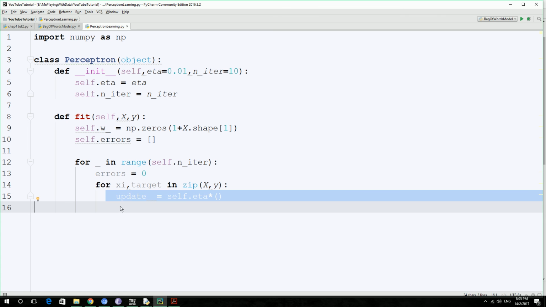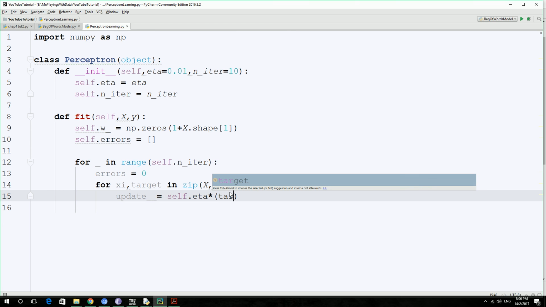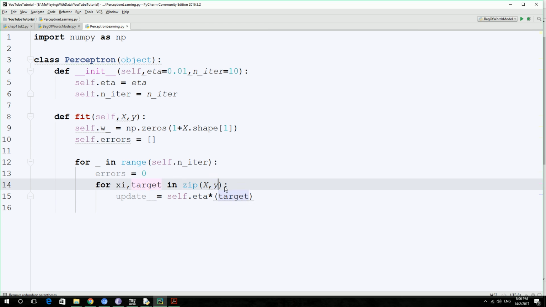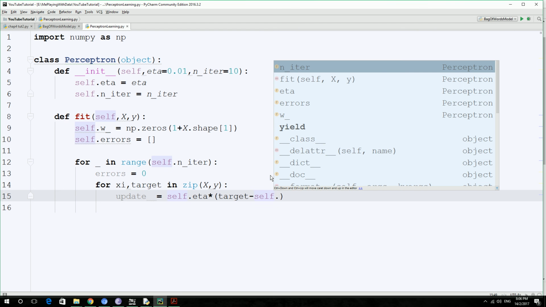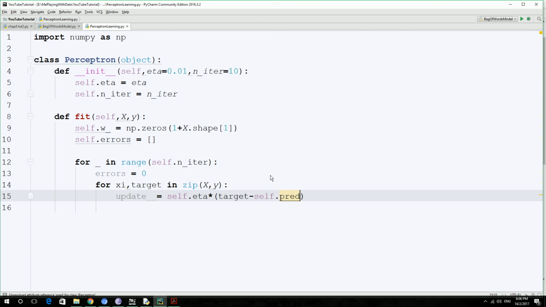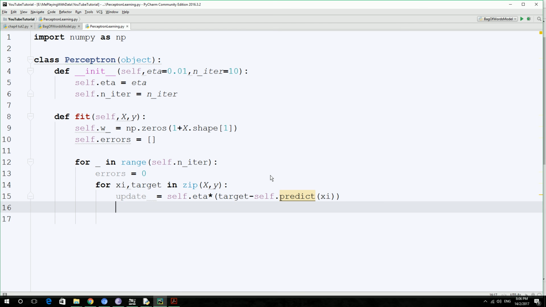So we are doing this: eta star (target, which is the y value) target minus self.predict(xi). Self.predict is a method which we'll define later below this code, and then enter